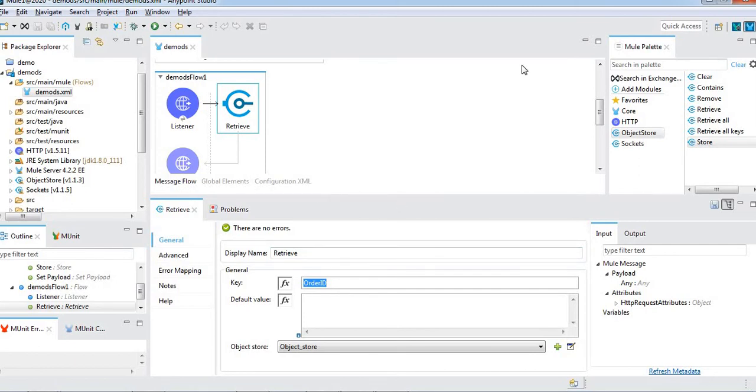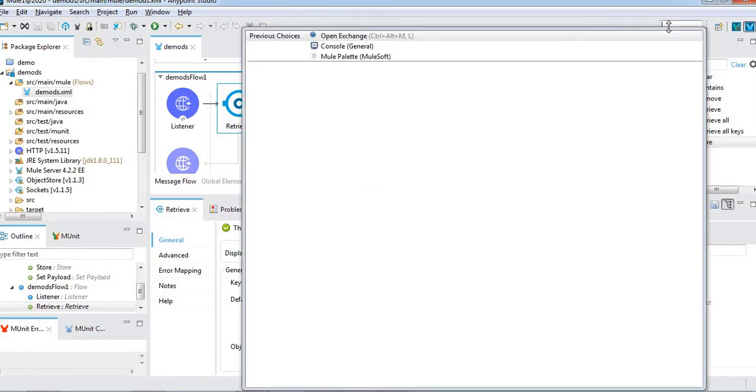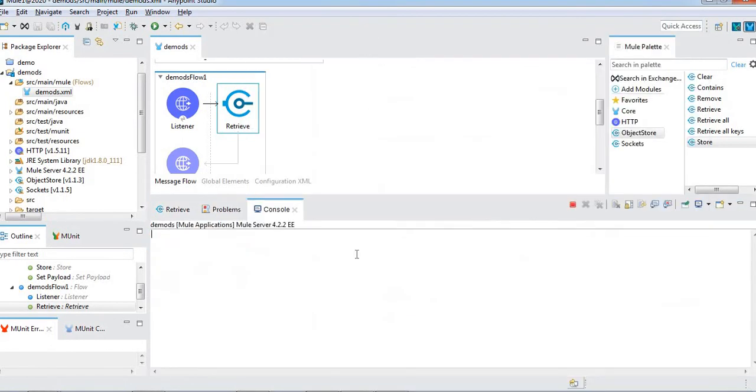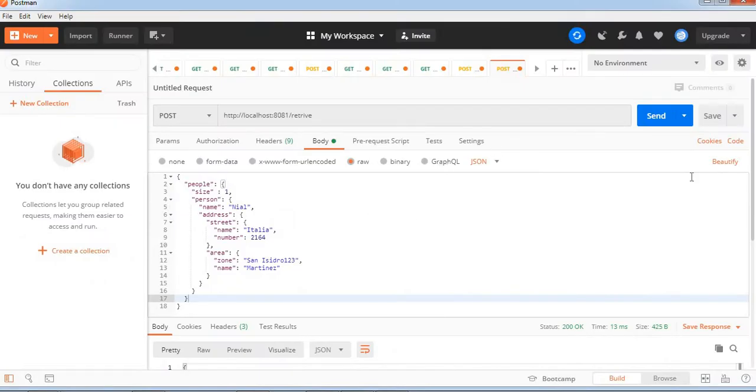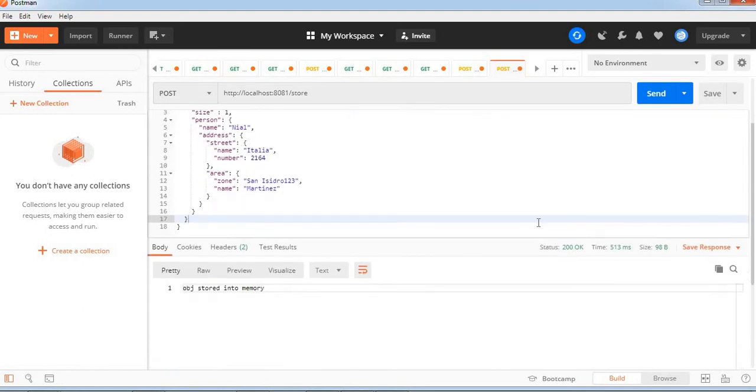Let me open the console. My application is running. I have given the store path, so let me make a request. Yes, object stored into memory.